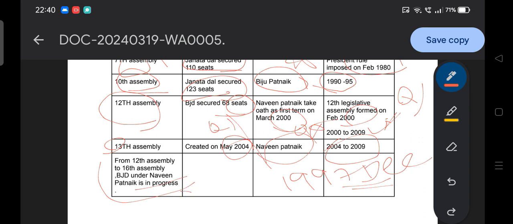Patnaik is in progress. That means from the 12th Legislative Assembly to the 16th Legislative Assembly, BJD has been ruling, and it is in progress till 2024, and the election is basically going to be held from April 19 onwards to June 1. So in that time the Odisha state legislative assembly election is going to cover